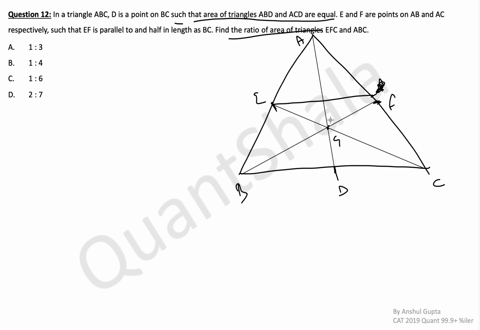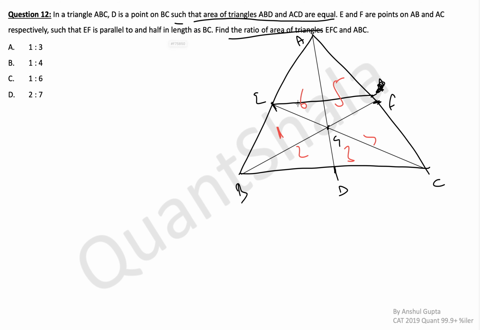Now we know that the centroid divides a triangle into 6 equal areas. So this is the first. Let me take a different color. This is the first area, second, third, fourth, and then 5, and then this is 6. This EF is not coming into that picture. So the fifth area is AGF and the sixth one is AGE. So the medians divide the triangle into 6 equal areas. The areas of all these regions are equal. So let's try to use this to our advantage somehow.